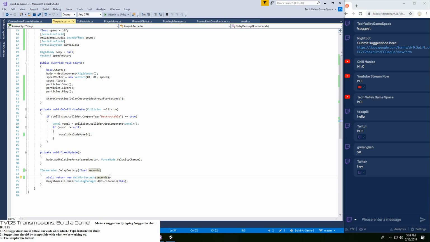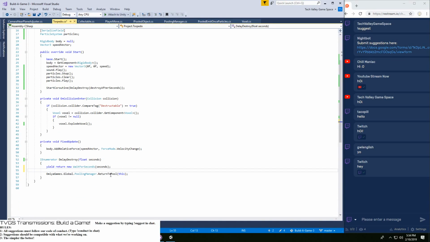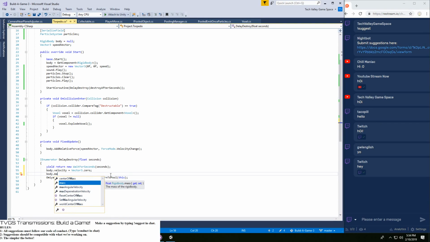I guess when that happens, what I can do is say there's a rigid body on this, right? Yeah. Body dot velocity equals vector dot zero, body dot momentum.